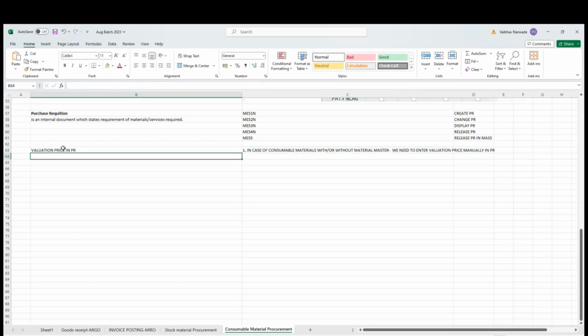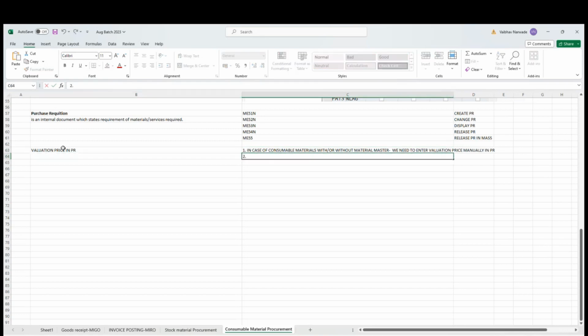In case of material PR, the price is determined from the material master accounting data, in the PR, automatically.